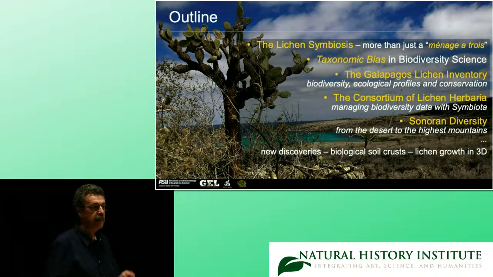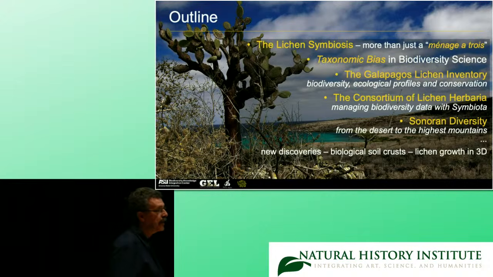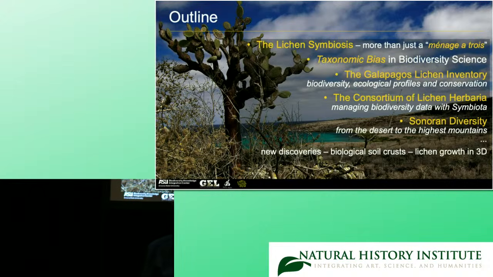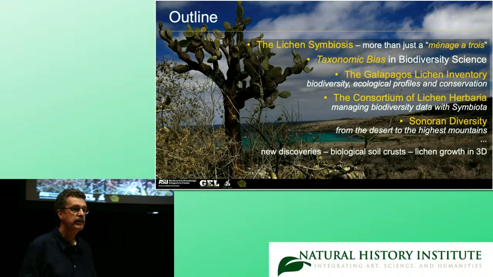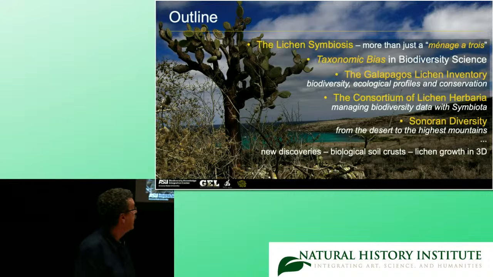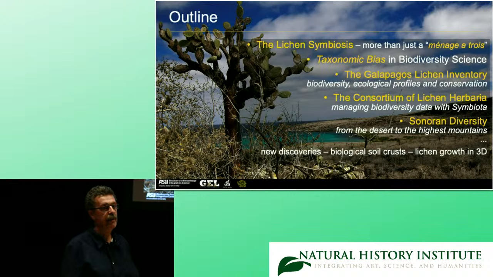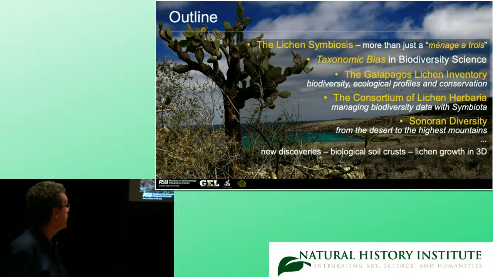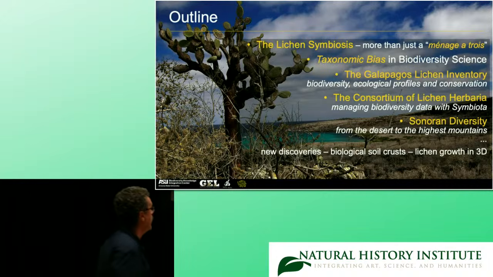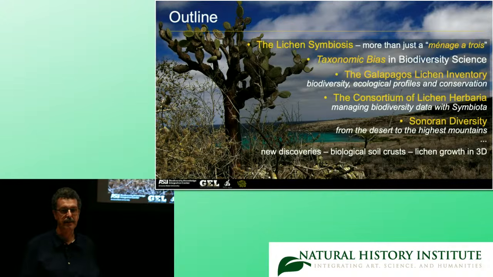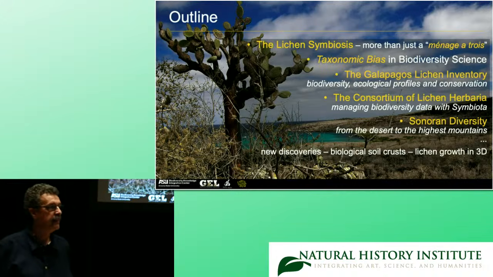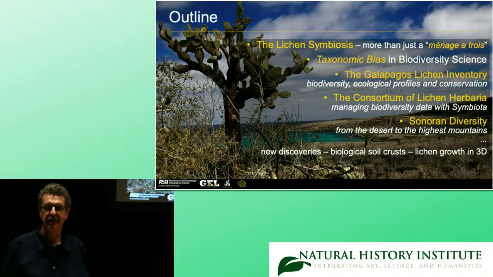In that context, I will mention the Consortium of Lichen Herbaria, which is a platform like you might have explored if you're interested in plants, SEINet. So it's a platform to manage lichen biodiversity data. And then I will switch towards Sonoran lichen diversity and the diversity of lichens here in Arizona. And in that context, I will talk about some of the projects we're doing here on the importance of lichens in the desert. And I will show you one of those 3D models, which I hope you like. Anyway,